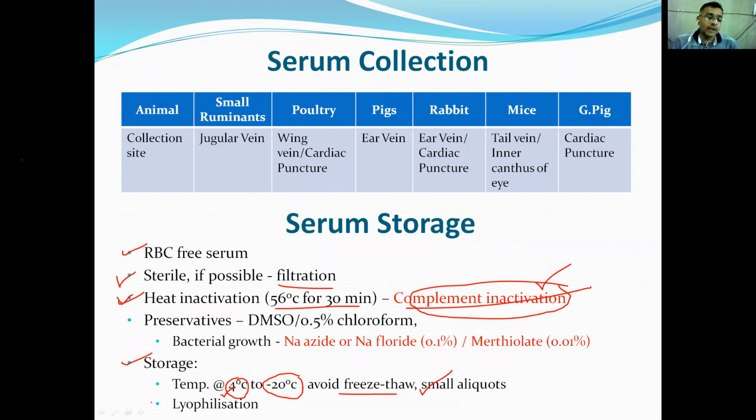And if your antigen or the serum is very costly, if you can afford it, then go for lyophilization. Lyophilization means freeze drying. You have to freeze dry your serum at lower temperature so that your serum gets converted into powder form. You can seal that powder in a glass vial under vacuum condition, and you can store that vial for many years without deteriorating the quality and quantity of those particular antibodies. So these are the different methods of storage of serum.